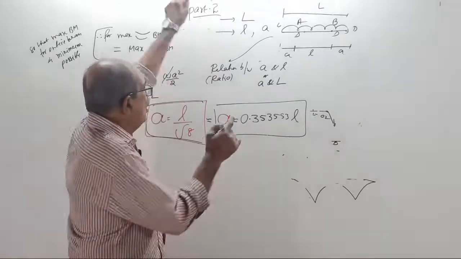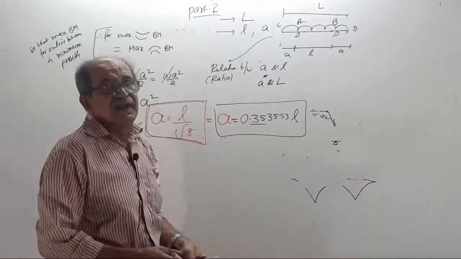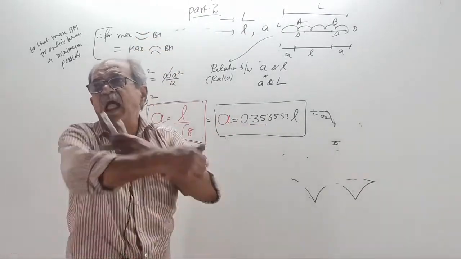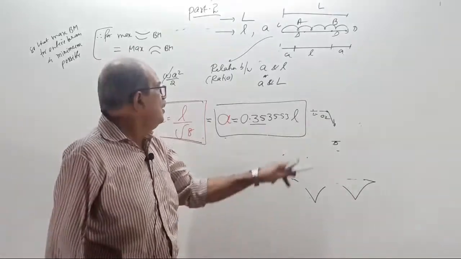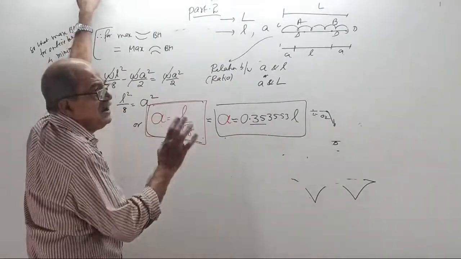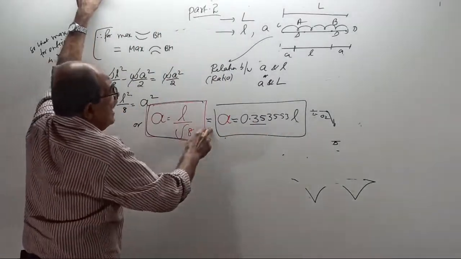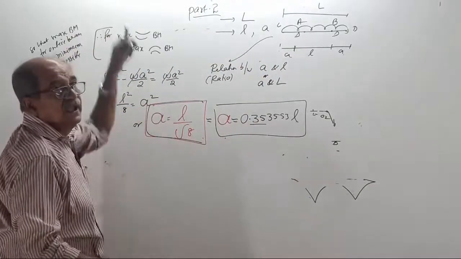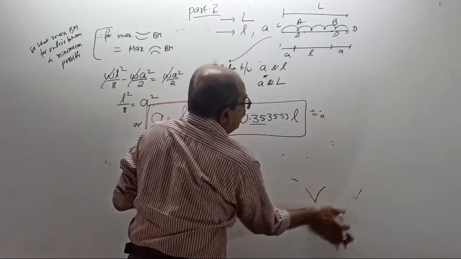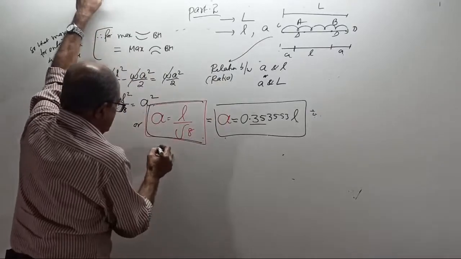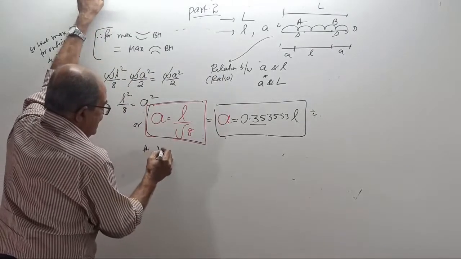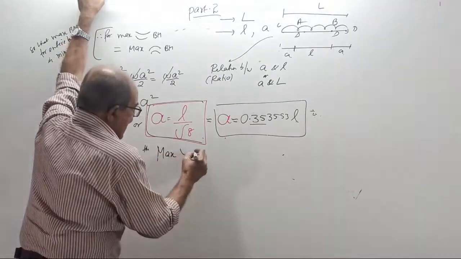Okay, now. So, 0.3535, continue one more 35 and reverse the number. Or remember L by root 8. This is linking A with L. Now, tell what is the maximum BM? Then, maximum sagging BM